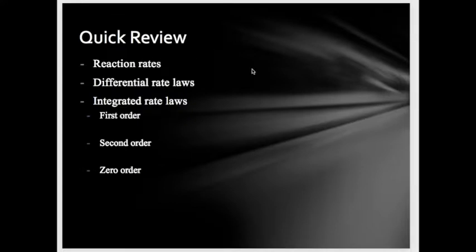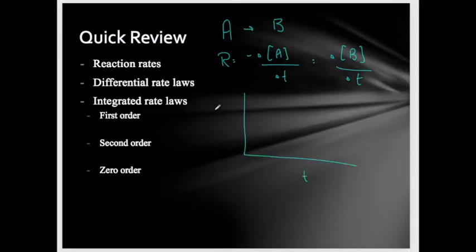speed with which it proceeds, and remember for a simple reaction like this, we define rate as either the decreasing concentration of a reactant as time goes on, or the increasing positive rate of change of the concentration of the product as time goes on. So as time goes on, if I made a graph of time and concentration, the concentration of A would be dropping, the concentration of B would be rising,